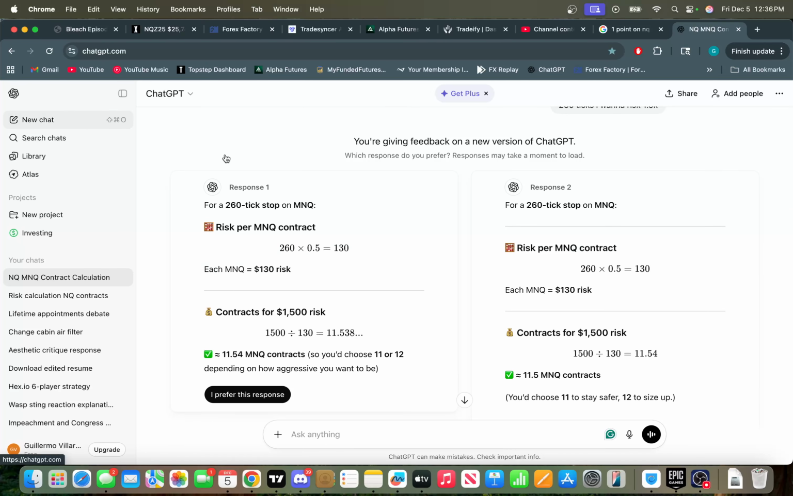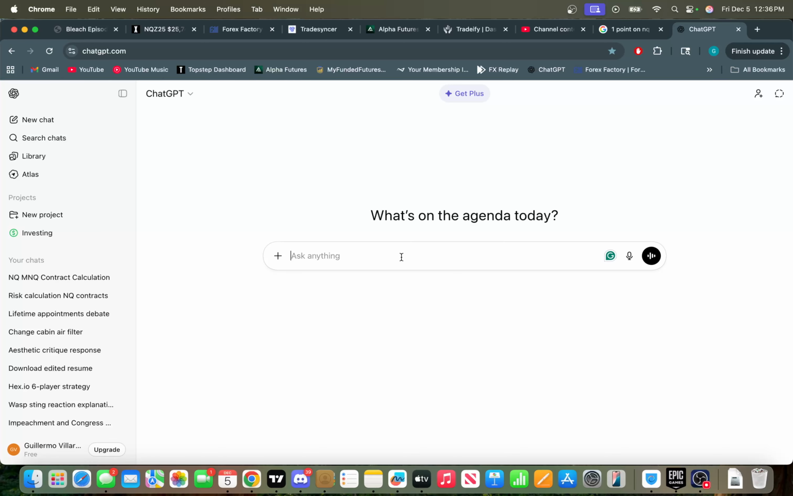So I'll set this up for you guys. What you want to say is, I want to risk 1K every time I take a trade on NQ or MNQ. Like, say you have to use micros for some reason, just keep that there. I want to risk 1K every time I take a trade on NQ or MNQ